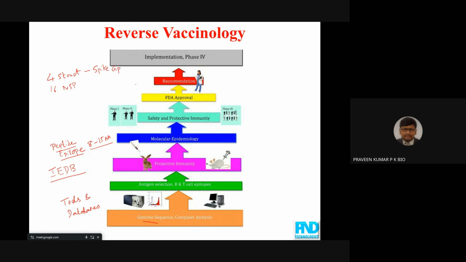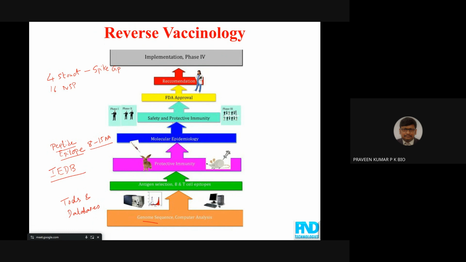Covishield and Covaxin both rely on the spike glycoprotein. Only through the spike glycoprotein did we come up with these kinds of vaccines, isn't it? So we take the spike glycoprotein antigen, and from this we can come up with the discovery of B and T cell epitopes. Whatever we discover, we can try with in vitro studies, and later with in vivo experiments in small animals, and then with healthy volunteers.